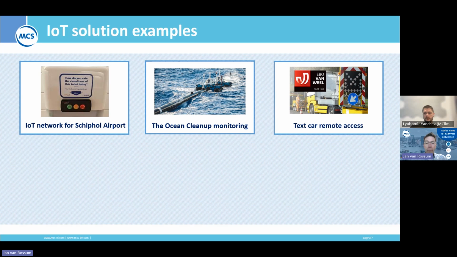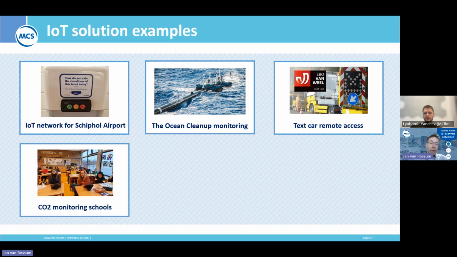If you have some kind of work done on the highway, they indicate it on those text cars. And of course, you can only do so if you can remotely access those text cars. So that's what we also help with our IoT solutions. Another solution you can think of for IoT is monitoring of CO2, which is of course very actual since the